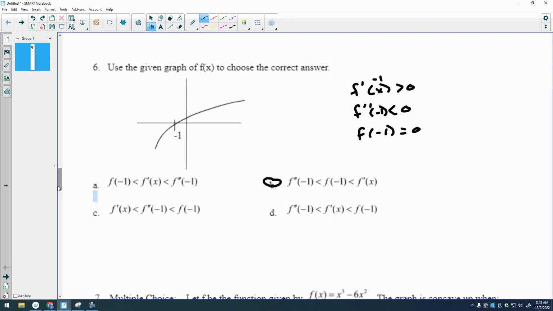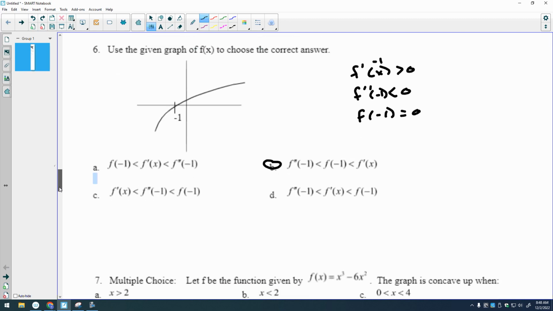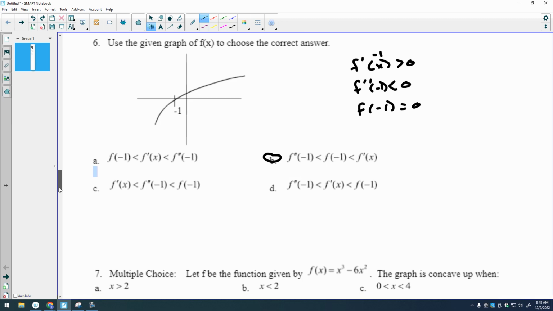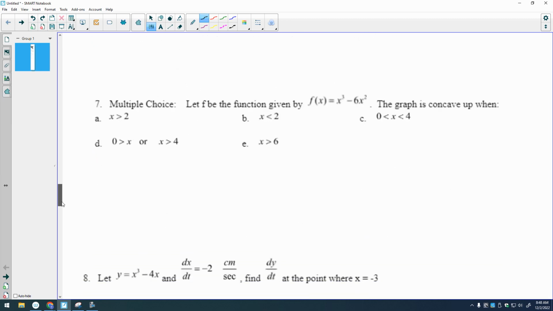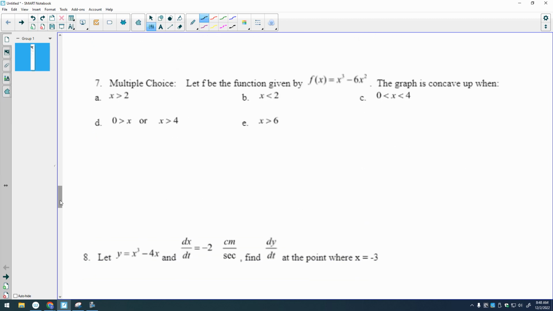All right. Super important that we can compare f, f prime, and f double prime. Question 7. Here's my function. The graph is concave up when? Concavity, second derivative. So let's just cruise through and find all of our different derivatives. So f prime is equal to 3x squared minus 12x. F double prime is equal to 6x